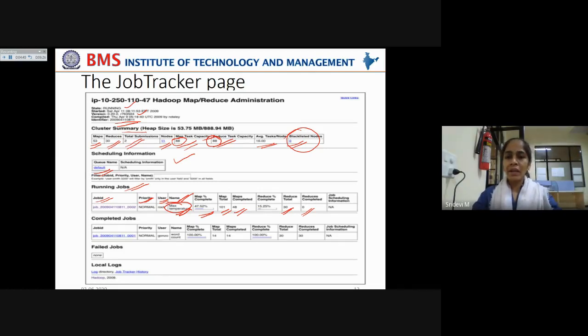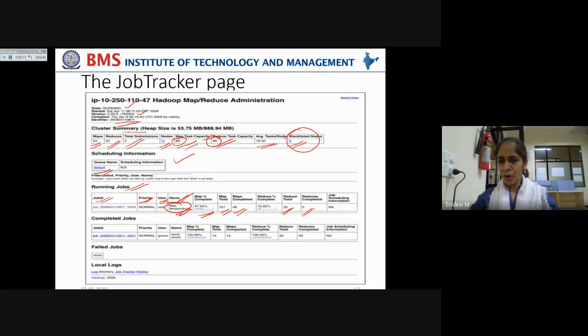That is why here the reduce completed is 15%, but still no reduce tasks are completed. Total reduce tasks available are 30. So execution slowly started with the reduce phase. That is why it is a little lesser than the map phase.